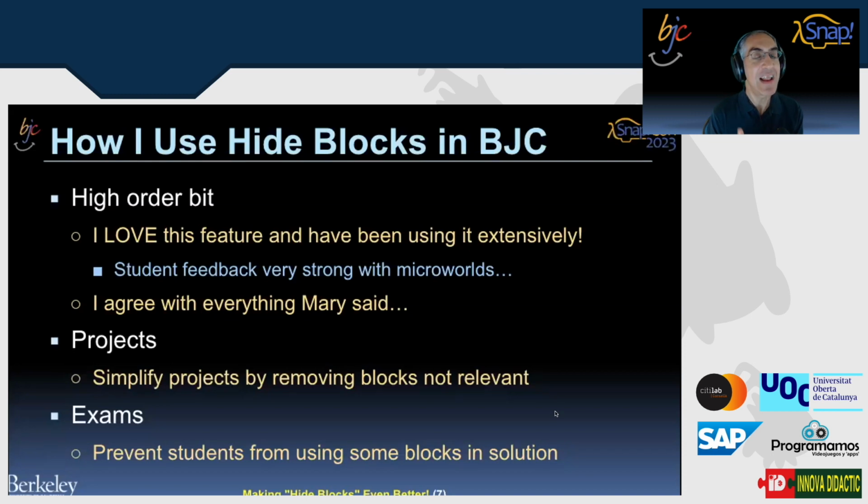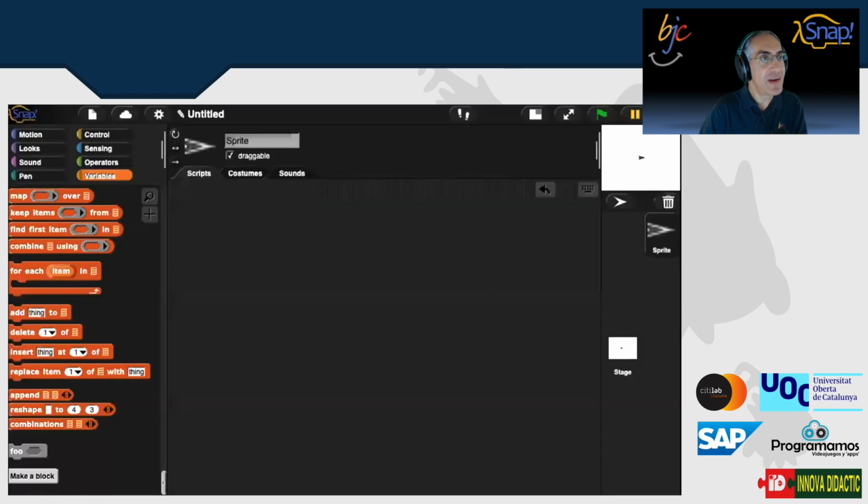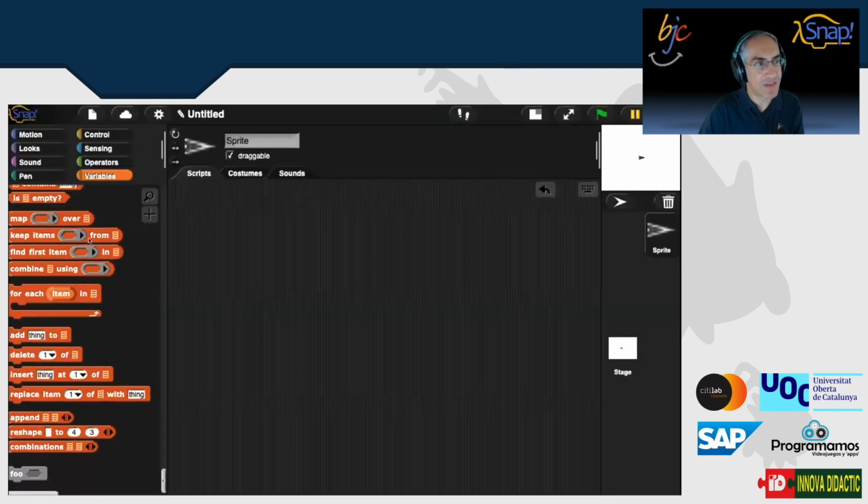And the upshot is, I love this feature. For any educator here, consider it. I'm not saying you have to if you really love the full block, but if you have younger learners, and I have non-majors, folks who, when they get to SNAP, really love the fact that it's very much like a Parsons problem. It's a little different. I think of Parsons problems as having two difficulty levels, and I'll show you. In SNAP, you can have a subset of blocks here, but when I was trying to teach SNAP to my fourth grader at some point, the way I taught SNAP to my fourth grader is I had,